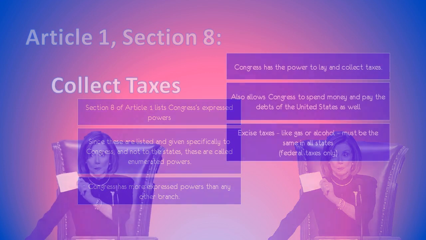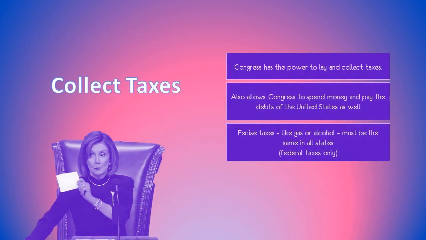First one on the list says Congress has the power to levy taxes, to collect taxes. So this is the power to lay and collect taxes on the American citizens. This also allows Congress the power to spend the money and to pay the debts of the United States. That's explained in this little clause of the Constitution here. So the power to charge taxes to people means all sorts of different taxes. They have power to tax income, they have the power to tax imports, they have the power to tax all sorts of things.